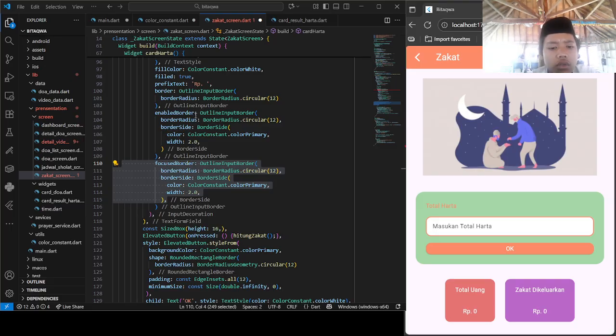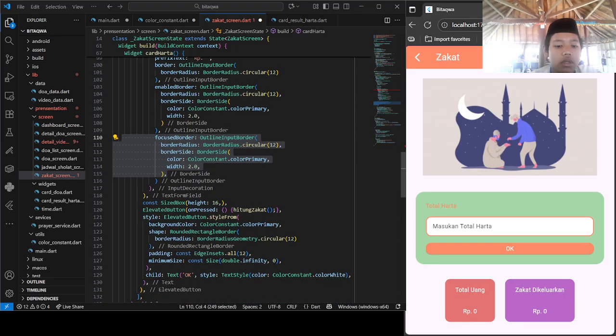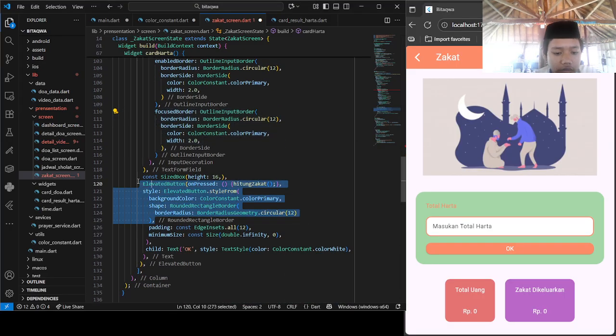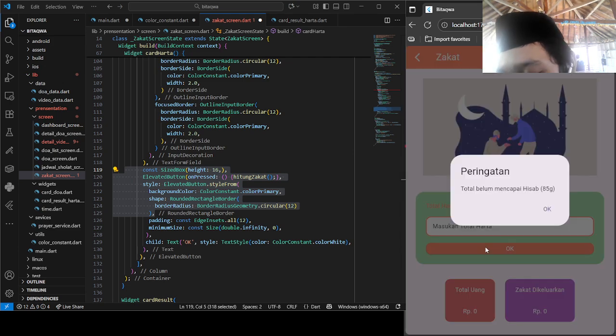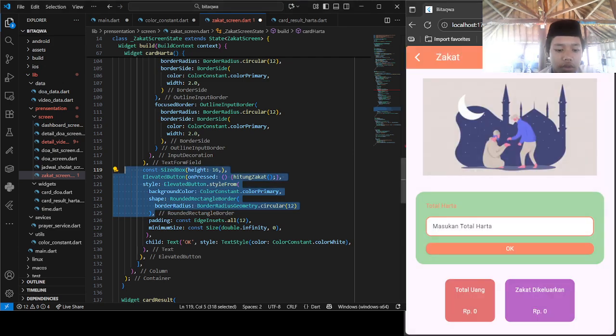And let's go to the sized box. What is that section now? It's the button for counting zakat. This is the button. For making the preview UI, it's actually really good, but I'll explain it.